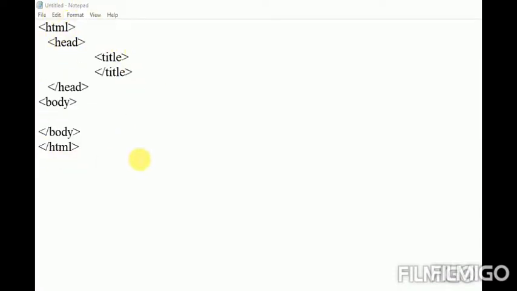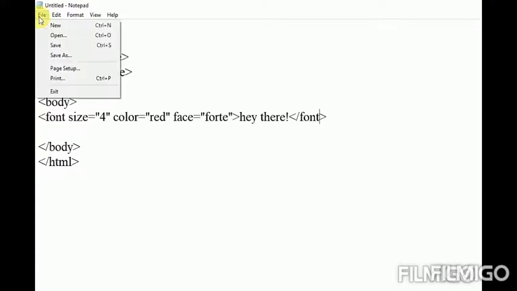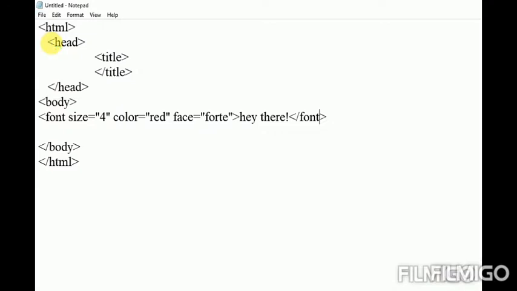So this is the basic structure of HTML document. Let's start writing. This is our body tag. Now I am writing font. This is font tag, and the attribute is size. Size is equals to maybe 4, and the color maybe red. Whatever you want to write, you can write here. And the face, let's suppose Forte. Okay, you can write Times Roman, you can write anything. Next, I am writing the text that I am going to display on the web browser. So I have written hey there, and let's close this tag, save this,